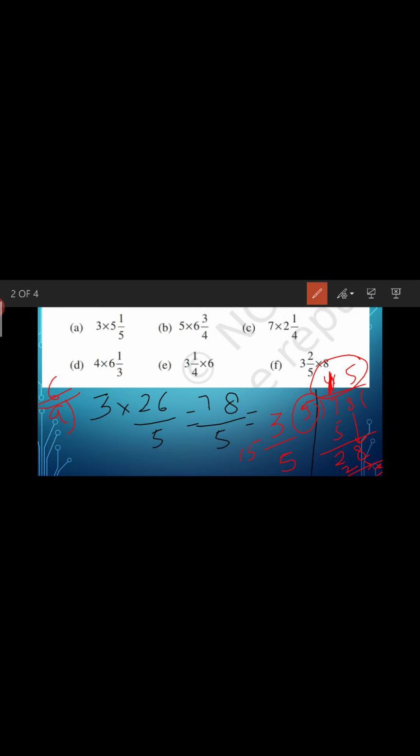Okay. In this question we just have multiplied both these values, and we have the result this, and now you have to convert this result into mixed fraction. So for mixed fraction, what we have done? We have divided 78 by 5, and whatever the result is, we have written the quotient here, and the remainder we have written here, and the divisor we have written below the remainder. Now moving on to one more example from this question number 6. Let us solve F part.